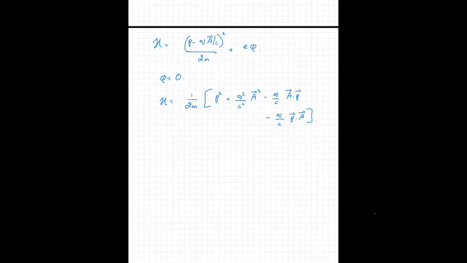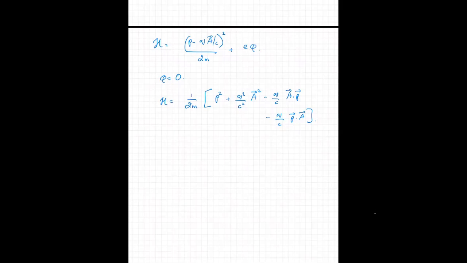Well, the first piece, P squared, is a free Hamiltonian, so I'm not worried about that. But if I look at the A squared piece and the A dot P piece and the P dot A piece, I can argue that since I'm dealing with an external perturbation that is rather small, and since E and B are determined by A, which is basically the external perturbation, I can always neglect the A squared piece compared to the linear A piece. So neglecting the A squared piece, we have